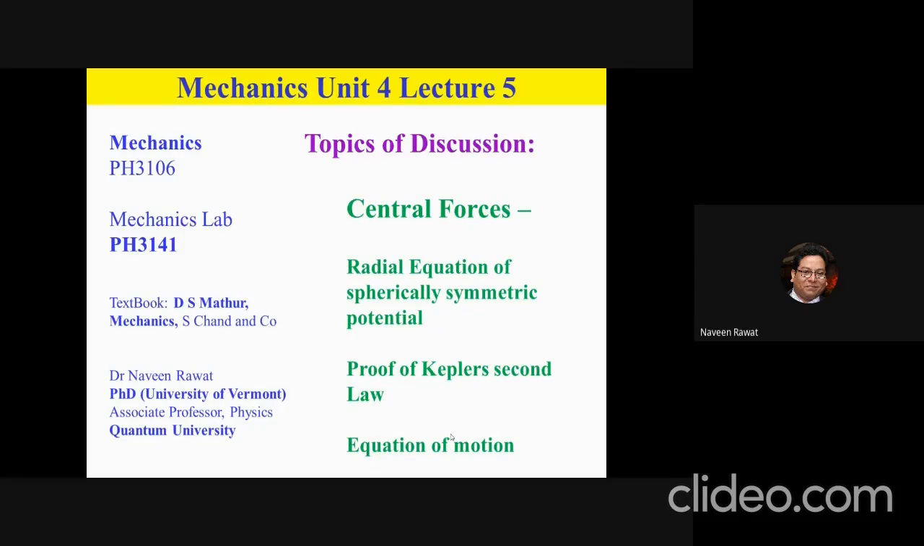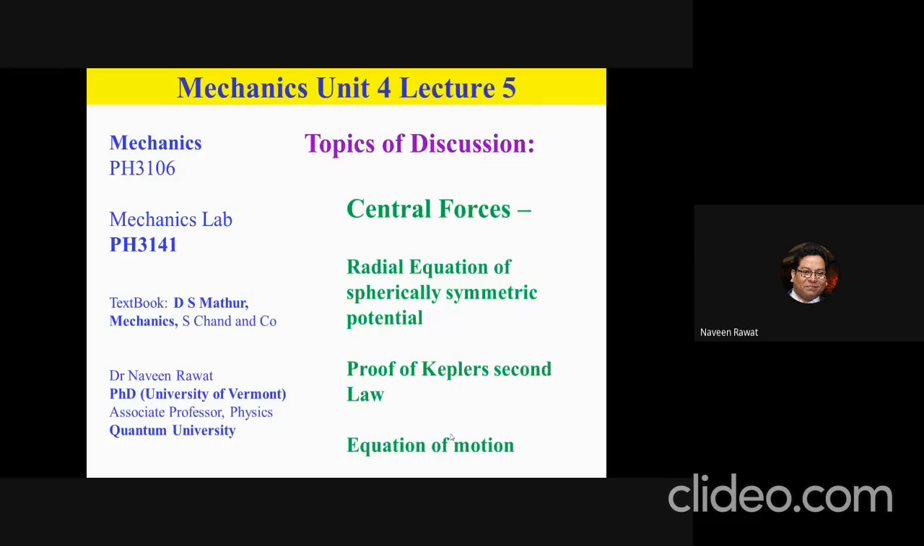Okay, so we'll continue our discussion on central forces. Last time we looked at the angular equation for a spherically symmetric potential, and today we'll be going further and looking at the radial equation. But before we do that, I wanted to just remind everyone of a few things that we had discussed